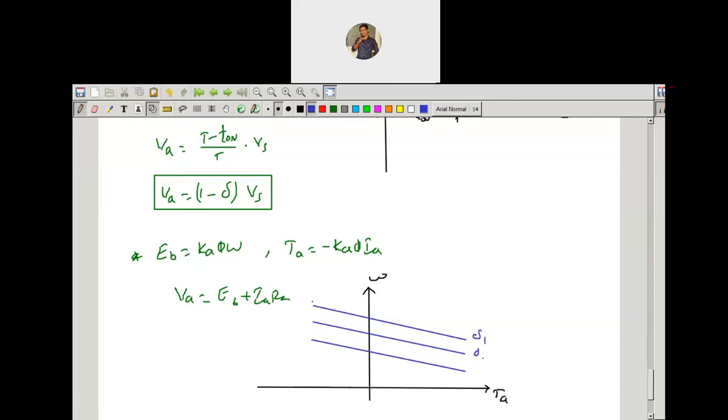Delta 1, delta 2, delta 3. Delta 1 is more than delta 2, which is more than delta 3. So I'm ending today's session with this single important topic, chopper fed DC motor. We'll continue in our next lecture, and tomorrow